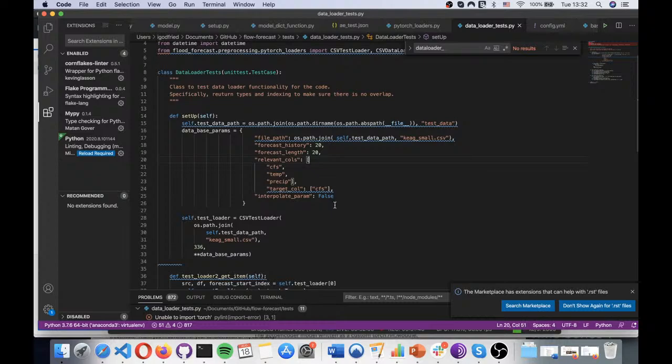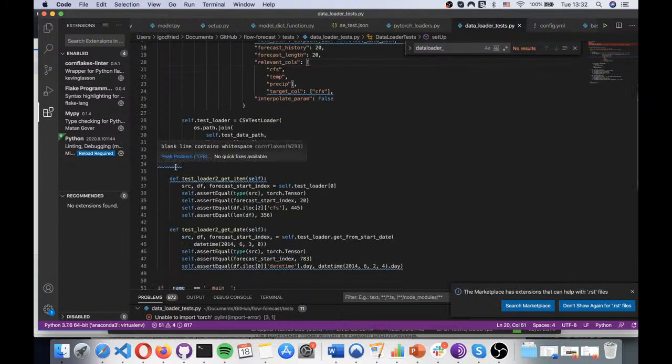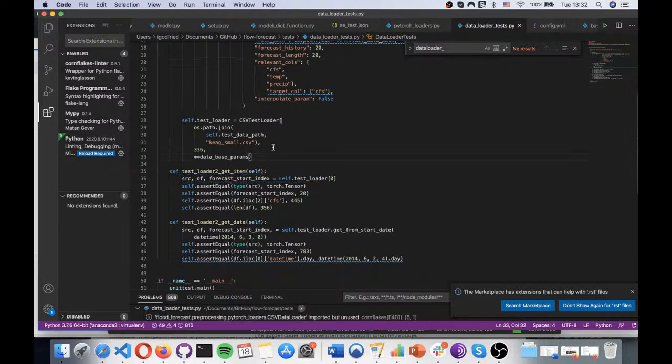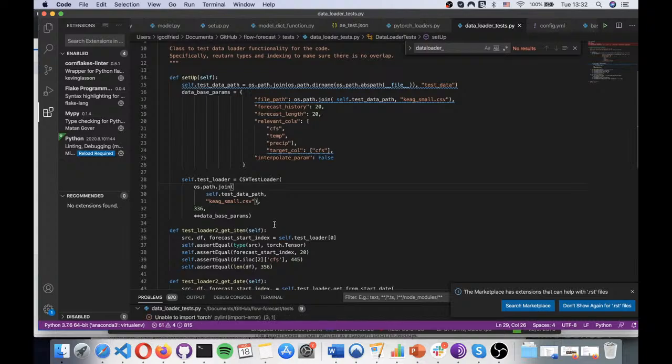Unaligned for hanging indent. That's perfectly aligned. I don't know why it thinks that's unaligned for hanging indent, but blank line contains white space. Okay, so God,